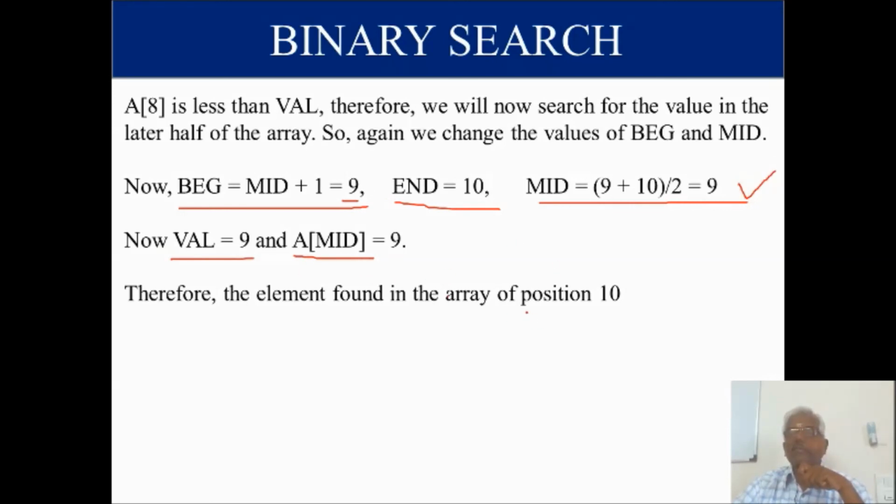So now what is my position? Now the mid is 9, and the position is this value plus 1, because the index values start from 0. So always we have to print the position, which is the index value plus 1. So this is the end of binary search. You can try with some set of elements and perform.